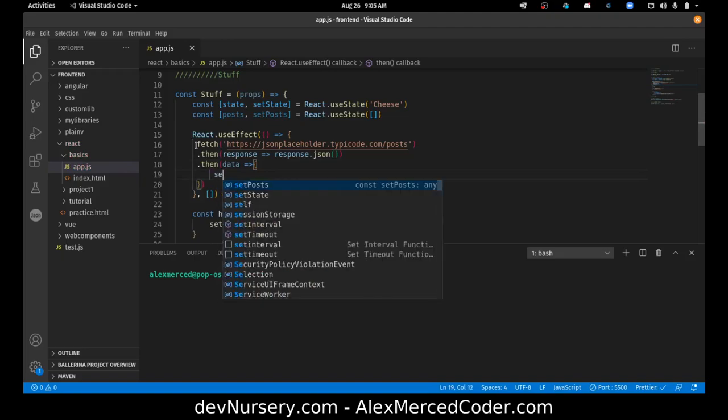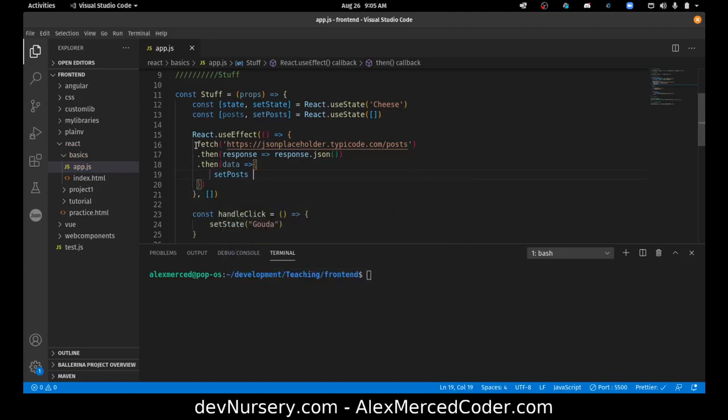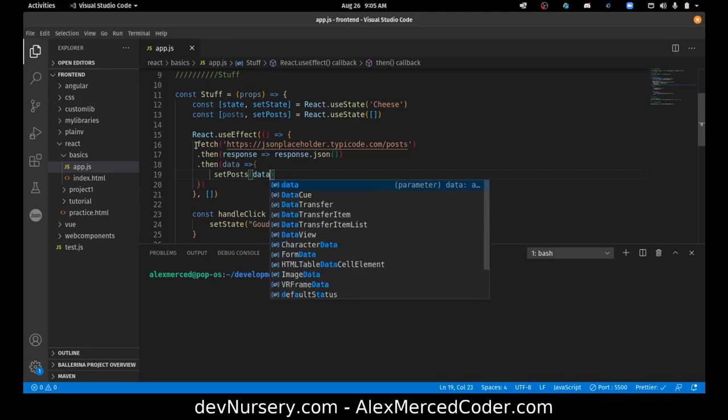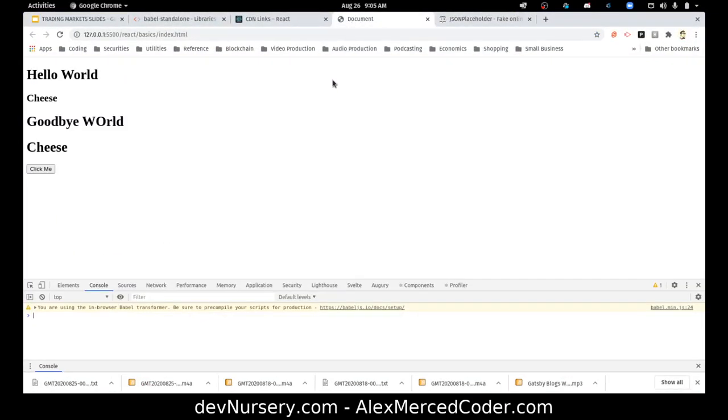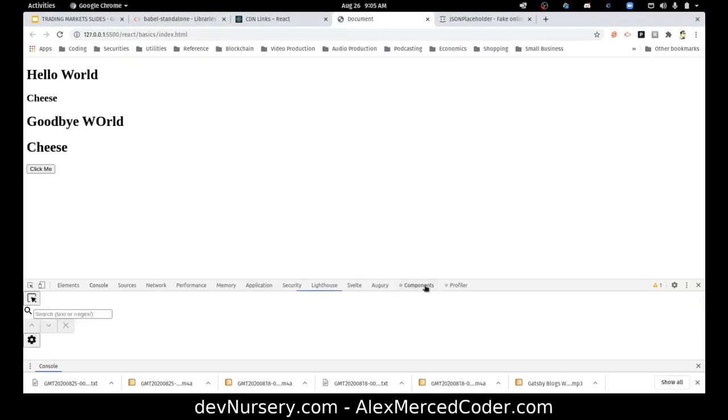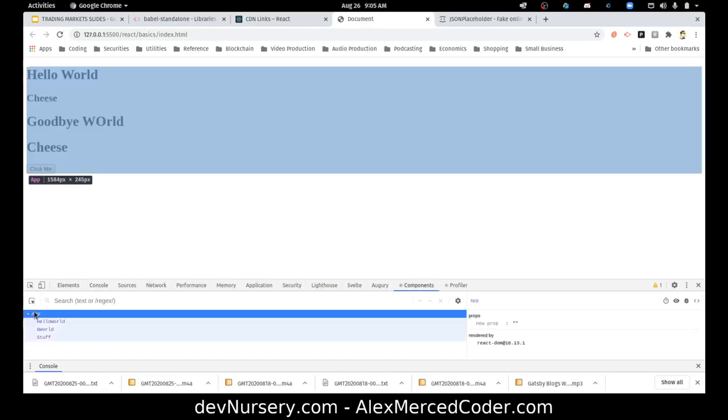And then what I'm going to do is say set posts, and posts will now equal data. Okay? And now that's going to happen right away when the page loads. So now if I go to my dev tools, my React dev tools, and I click on app,